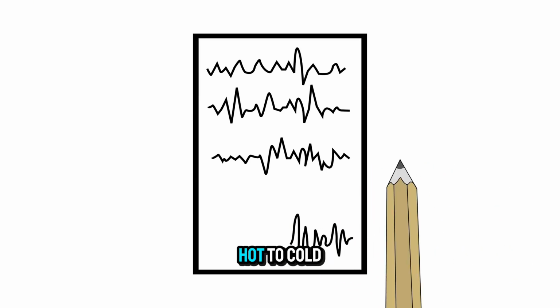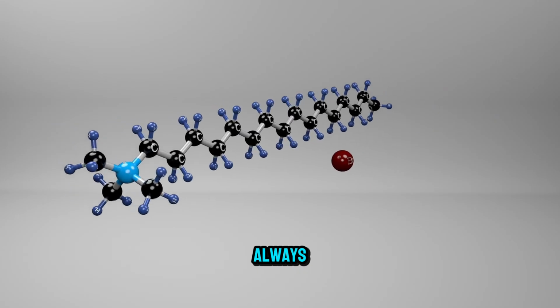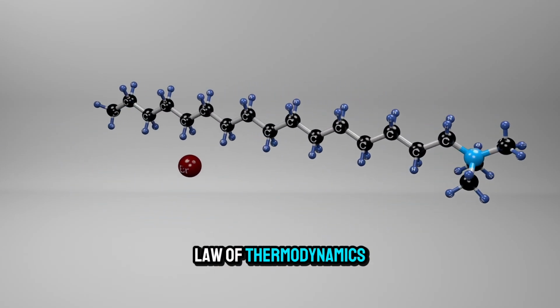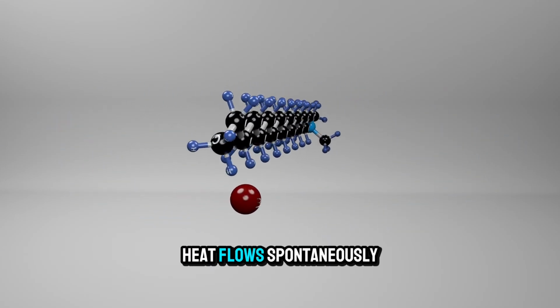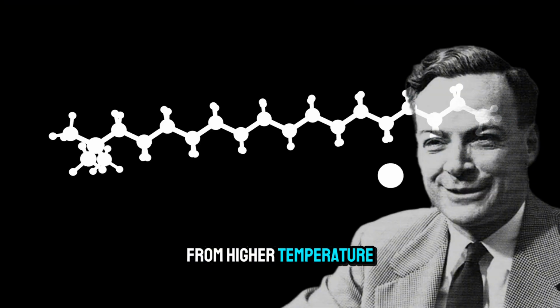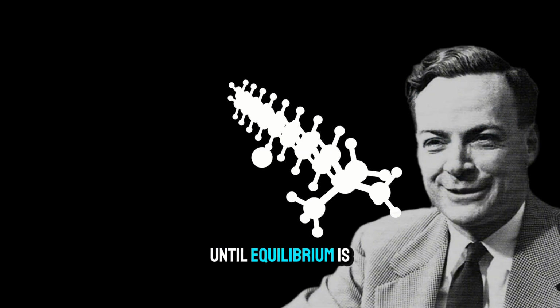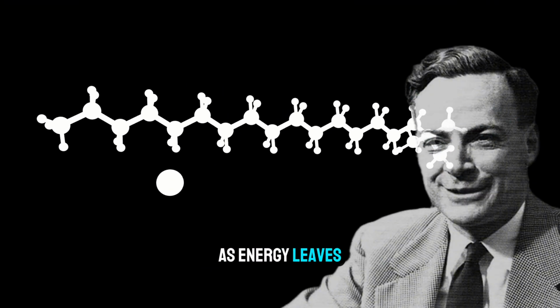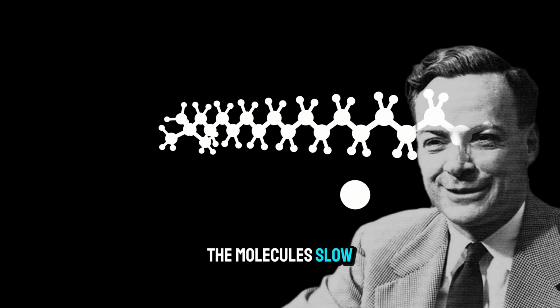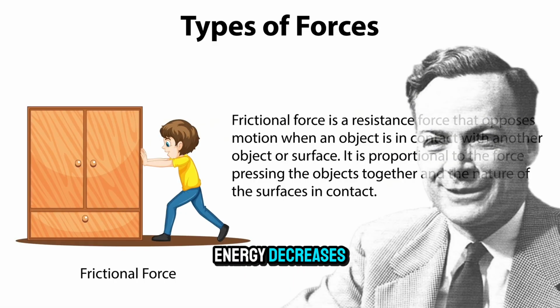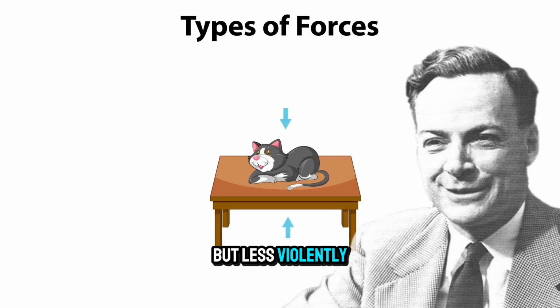Energy flows from hot to cold, always. That's the second law of thermodynamics. Heat flows spontaneously from higher temperature to lower temperature until equilibrium is reached. As energy leaves the water, the molecules slow down. Their kinetic energy decreases. They're still moving, still bouncing around, but less violently. And as they